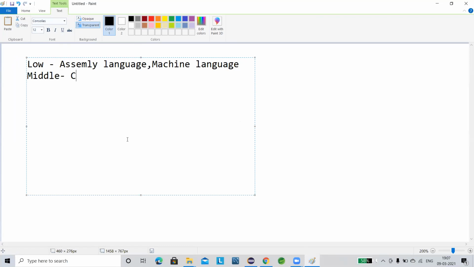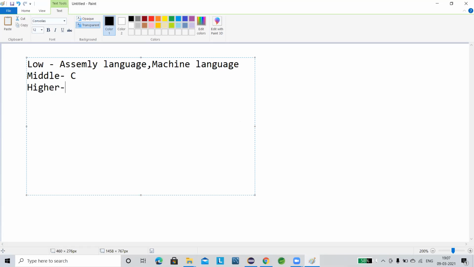Okay, and how C comes about: before C there is one language, you already know, that is nothing but BASIC. Before that there is some other language I do not remember. So alphabetically it comes A, then B, and now comes C. That's why the language is named C. Okay. Now the higher level.